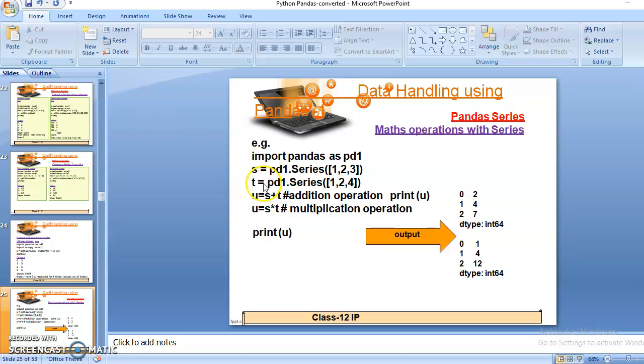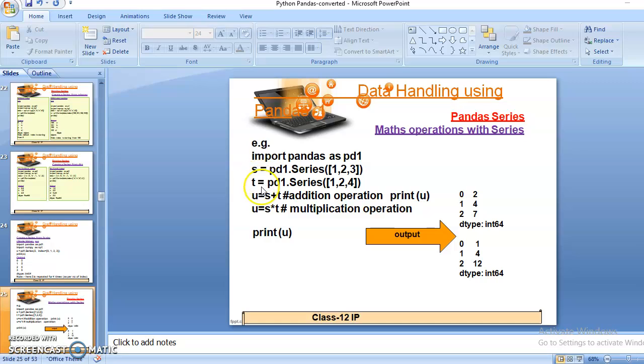Here I am taking two series as input, S and T. S equals pd.Series 1 2 3, so I store the elements 1 2 3 in the S series, and in T, pd.Series 1 2 4. Three elements are inserted in both series S and T, and now in the variable U I want to take the result of S plus T, because I want to add both series.